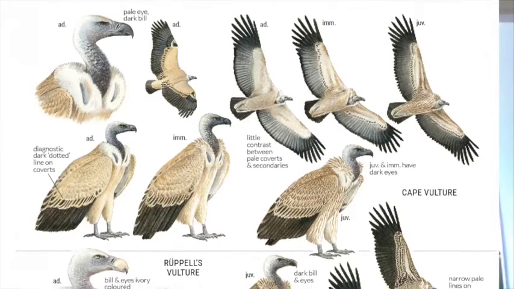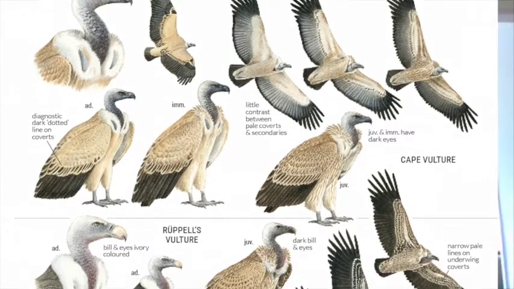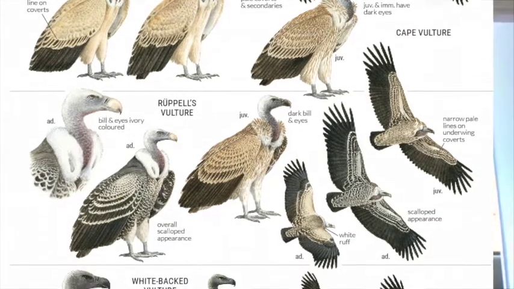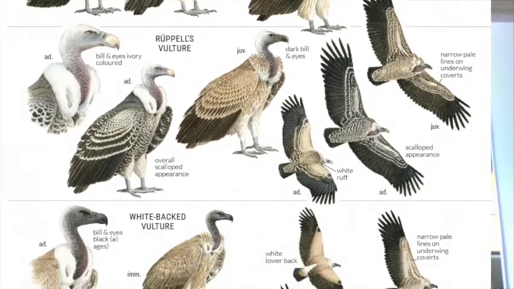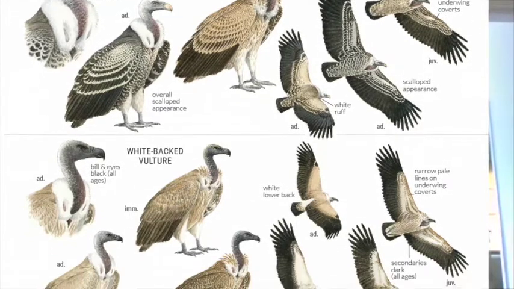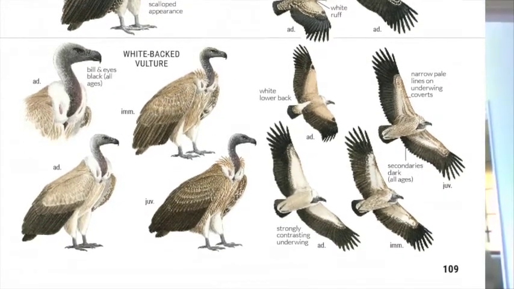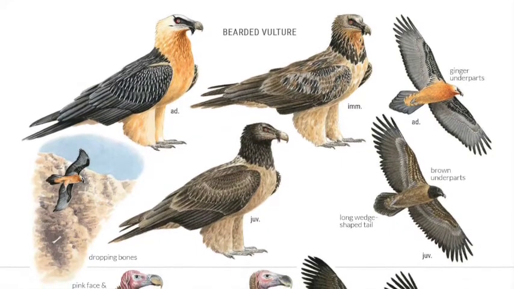And probably the biggest threat that vultures are facing nowadays would be poisoning. So this could be through indirect poisoning. So when livestock owners target predators such as jackals and hyenas, and then vultures will obviously go for the carcasses and then indirectly get poisoned. Or it could be targeted poisoning.